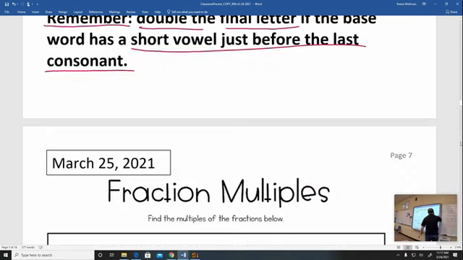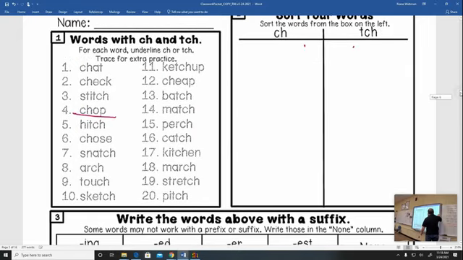Okay. So up at the top, guys, every single word that has the CH, not the TCH, and yes, it was pointed out to me that even TCH words have CH in them. Of course they do. But you're still not going to put them in the CH box. The only ones that need to go into the CH are chat, check, chop, chose, that's chose, not shoes, arch,